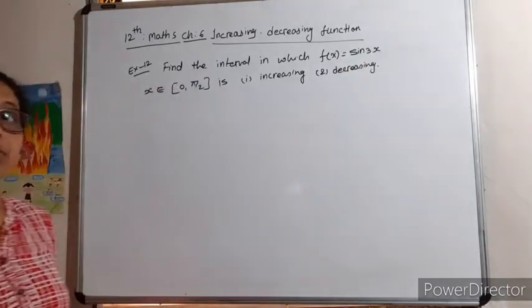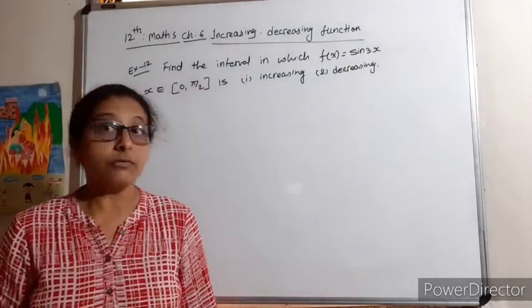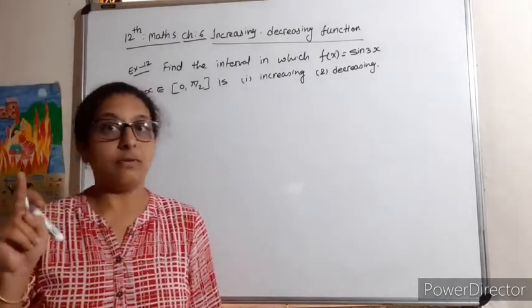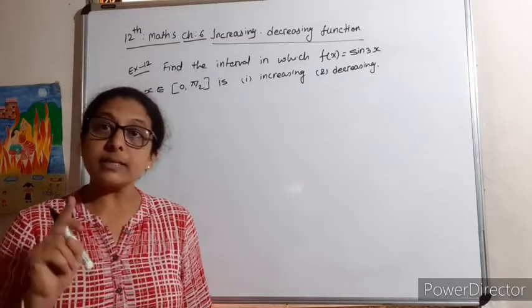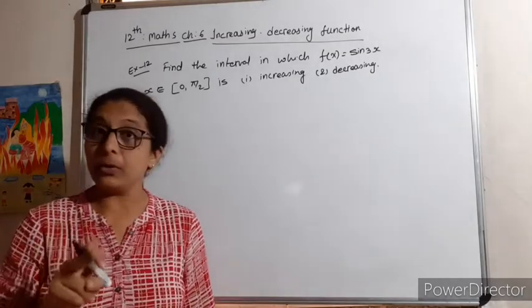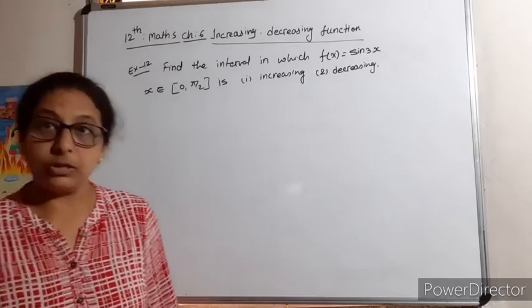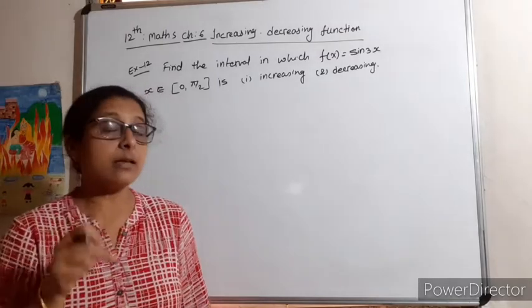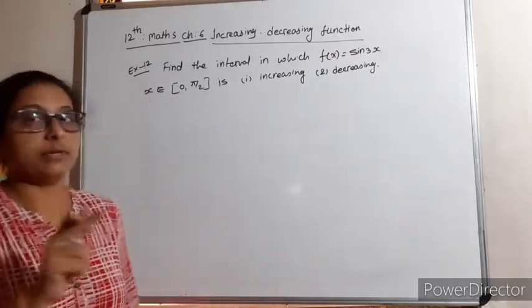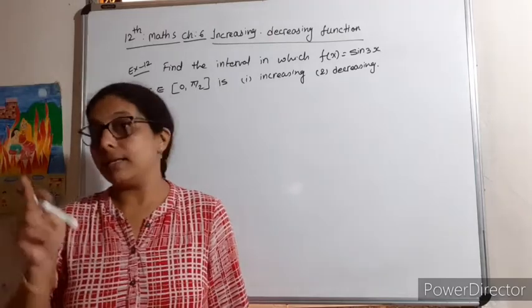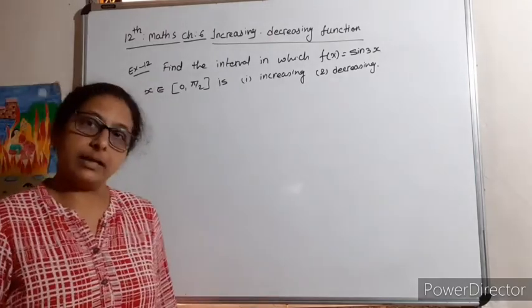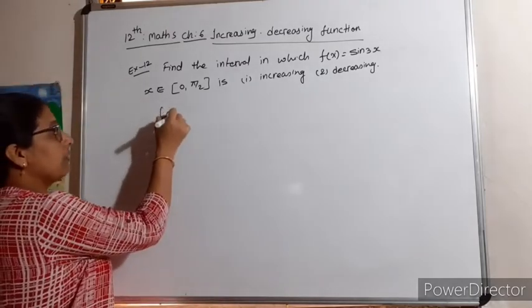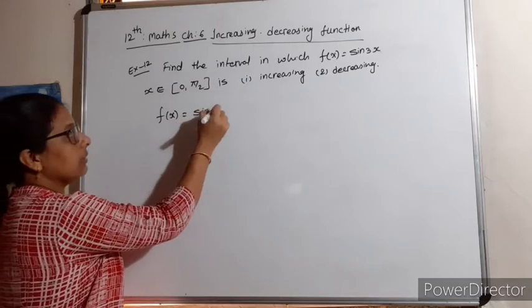Okay, so now first you recall what the method is. First of all, you have to find f(x). From that you will find f dash x. F dash x equal to 0 लेंगे. You will find the point at which f dash x becomes 0. Then you divide it into the different intervals and check whether f dash x is greater than 0, then the function is increasing, and if f dash x is less than 0, then the function is decreasing. Understand that? Yes. Then here is f of x equal to sin 3x.